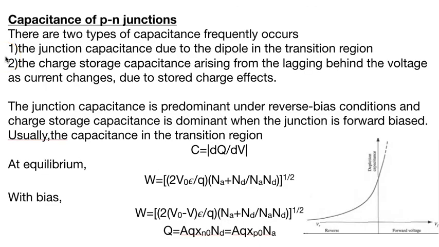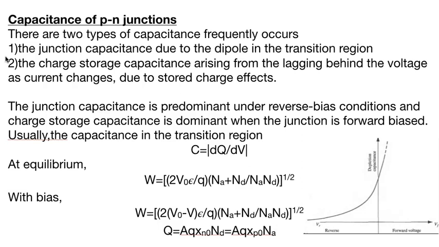The capacitance of a P-N junction is equal to dQ over dV. There are two types of capacitance: junction capacitance at the transition region and stored capacitance at the edge. In reverse bias condition the junction capacitance is predominant, and stored charge capacitance is dominant when the junction is forward biased. At equilibrium W,